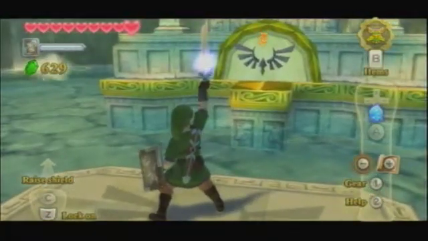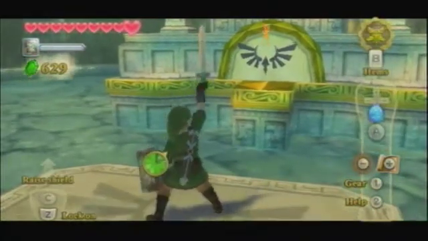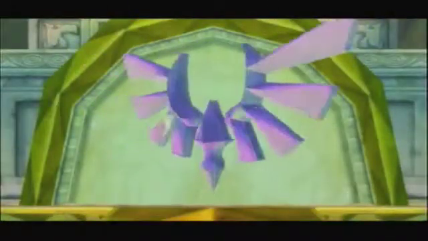So I guess all there's left to do is just activate this bird crest with our Skyward Strike. Oh, come on, really? He's like, huh, huh, huh. Oh, what? I swung it down. Shenanigans right there. I'm calling...